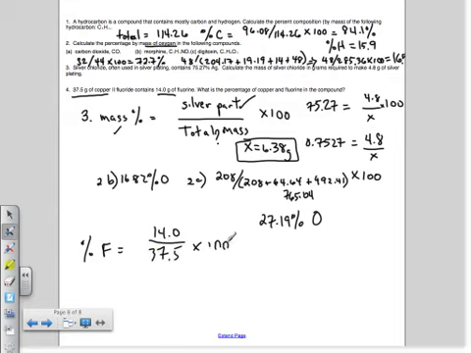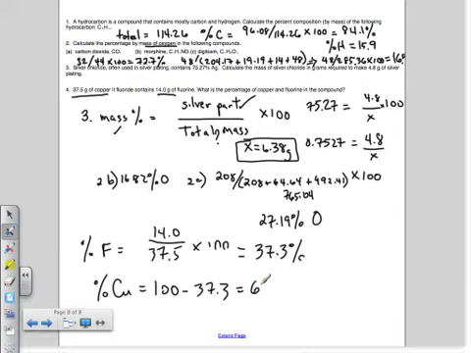All right. So 37.3%. And then the copper part, we can just take that 37.3 and subtract it from 100. 62.7. So percentages, you're in college, you need to be able to do percentages. All right, going back and learning how to do